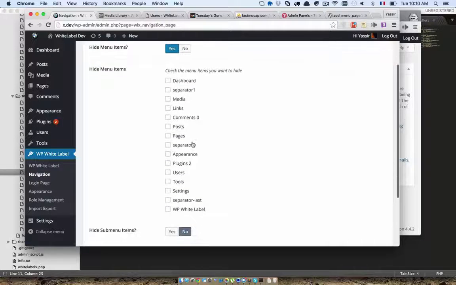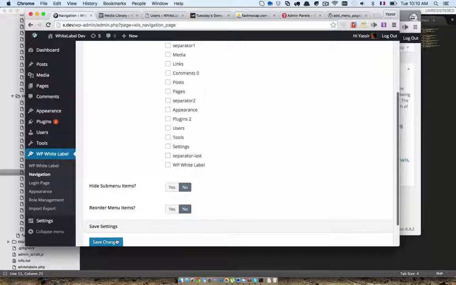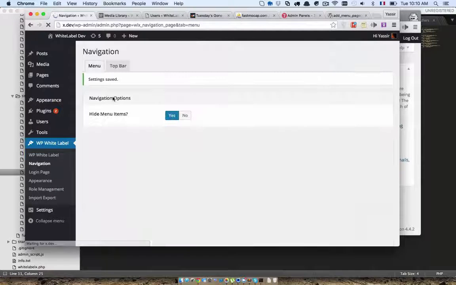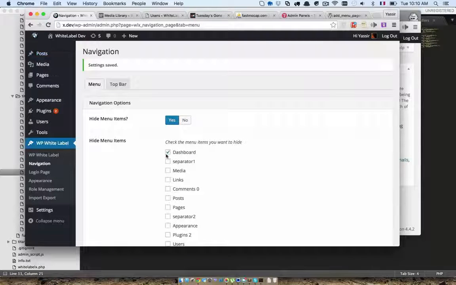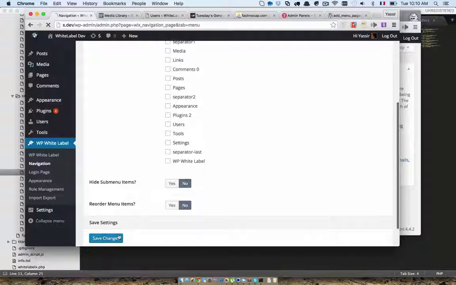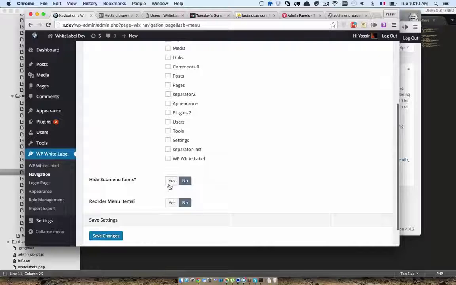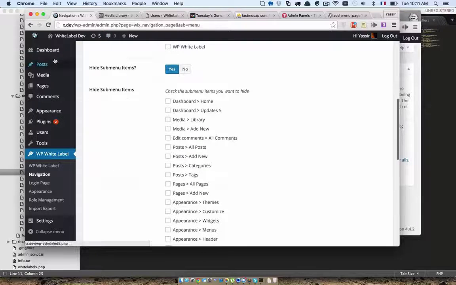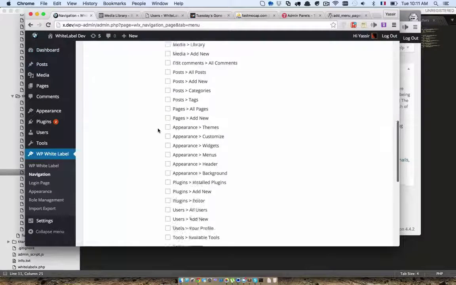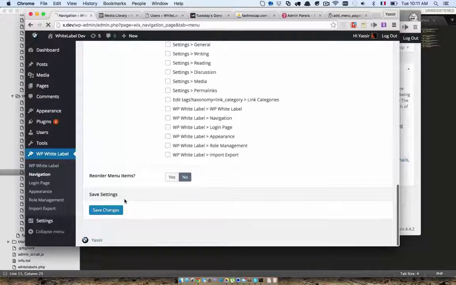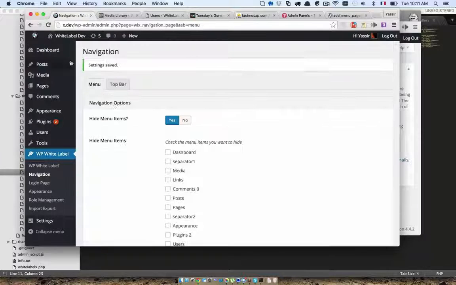Now from here, from the navigation page, we can then modify whatever menus that you want to hide. Alright, so in our case, we're just going to add the dashboard and the rest will be hidden for our client. So once we click on Save Changes, those settings will be applied already. Alright, so under the sub menu, let's actually choose the dashboard as well. Click on Save, and once we go back to the dashboard,